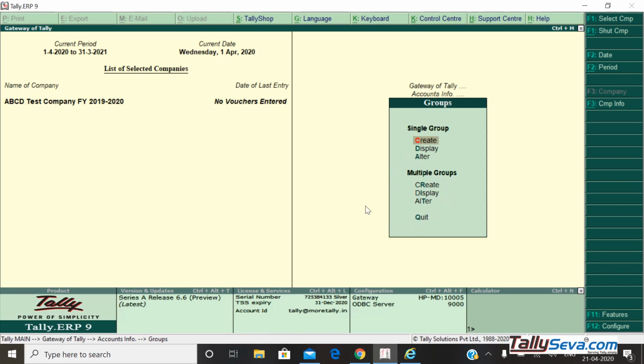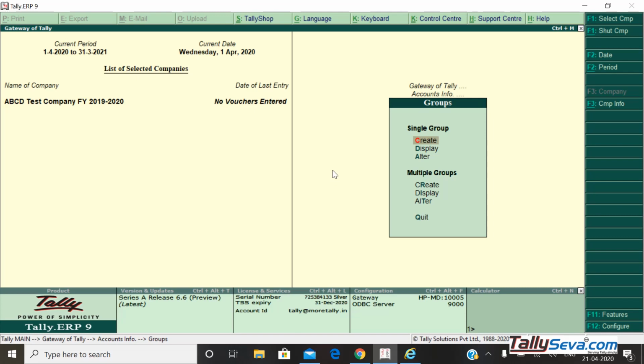Multiple groups can also be used, but only when we don't require other features and only basic main things need to be created, for the sake of time and speed. Otherwise, always prefer single group creation.